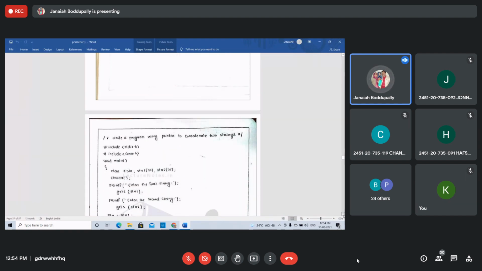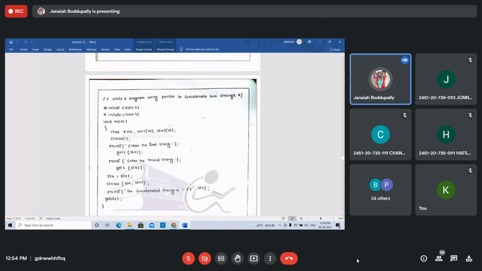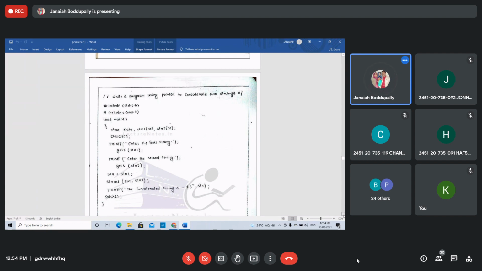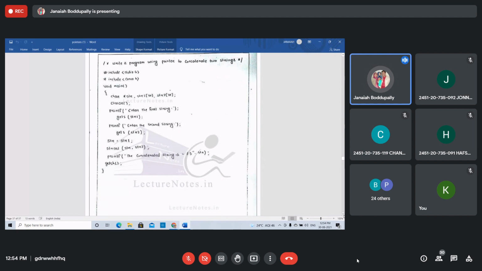Write a program using pointers to concatenate 2 strings. You know how to concatenate 2 strings using the strcat function.